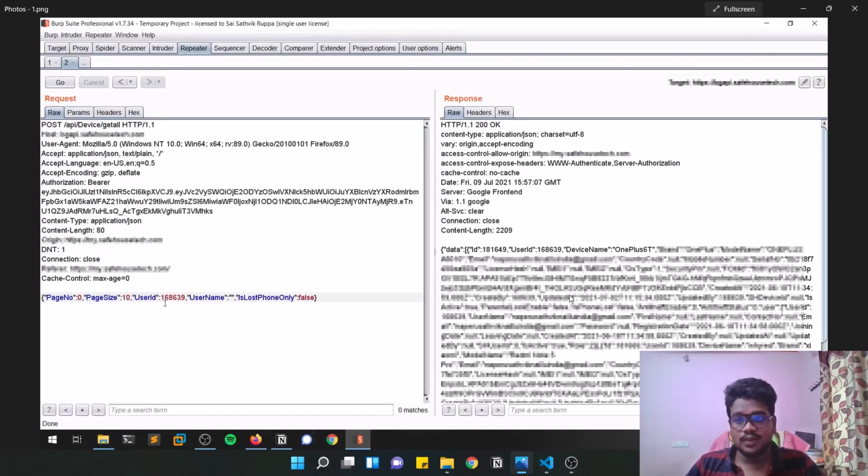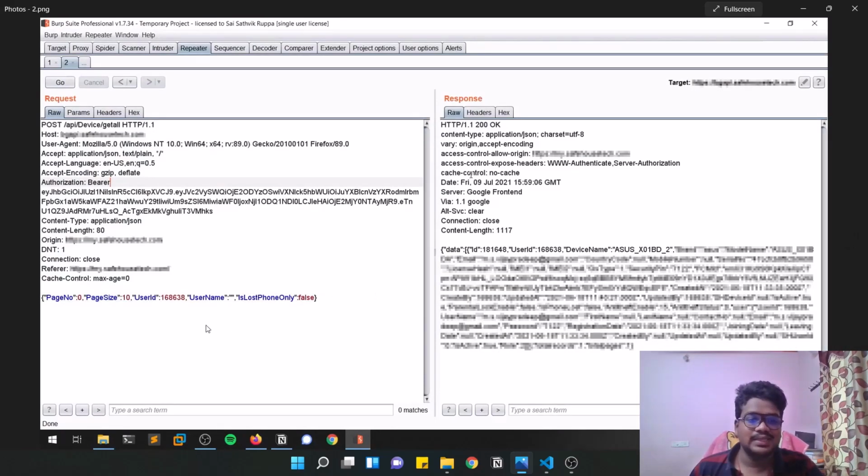So this is sensitive data, like it should be viewable only to the user. So what I did was I changed this particular user ID. You can see that my user ID was 39 168 639, and I changed that to 168 638 here. You can see the same request, I had changed the ID, and I was able to view the details of the other user ID, which has the device name Asus. I don't have any Asus phones, but this particular user ID has, and I was able to view his last latitude and longitude, his pins, his emails, and a lot of sensitive data.